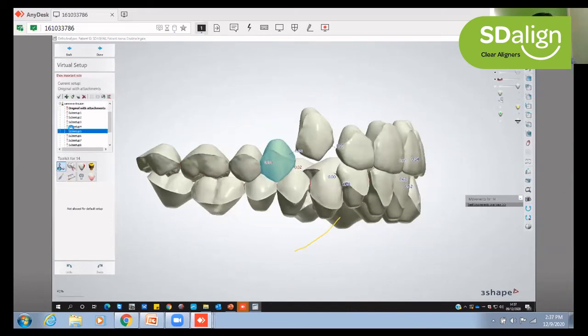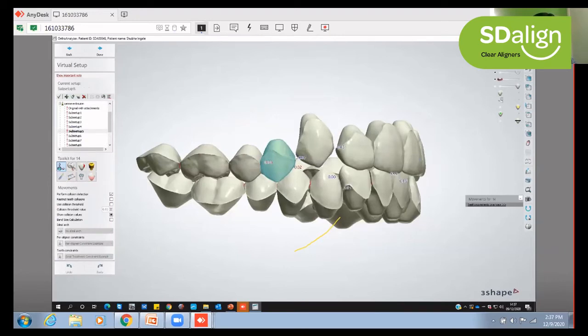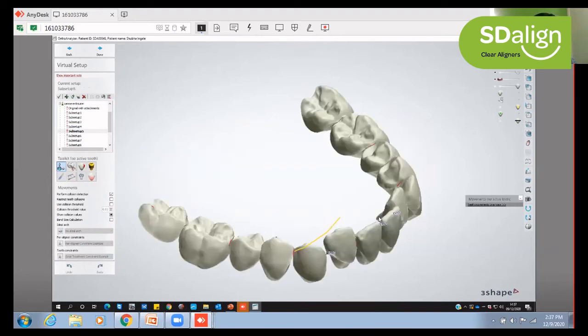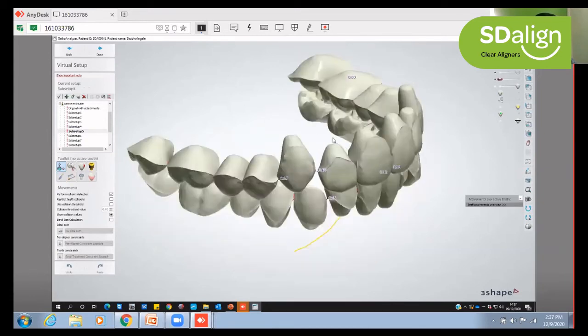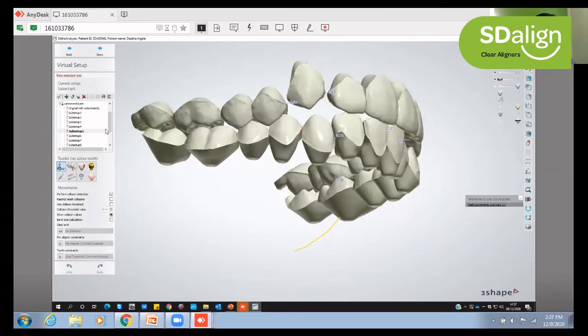So we are going to tip it slightly down, and simultaneously, if you remember, we had developed the space for the lower laterals, so we are going to tip them forward now. Similarly for the next 10. So at every stage, you can also minimize each arch and check that each tooth has been positioned properly, keeping in mind the overall control for the case.